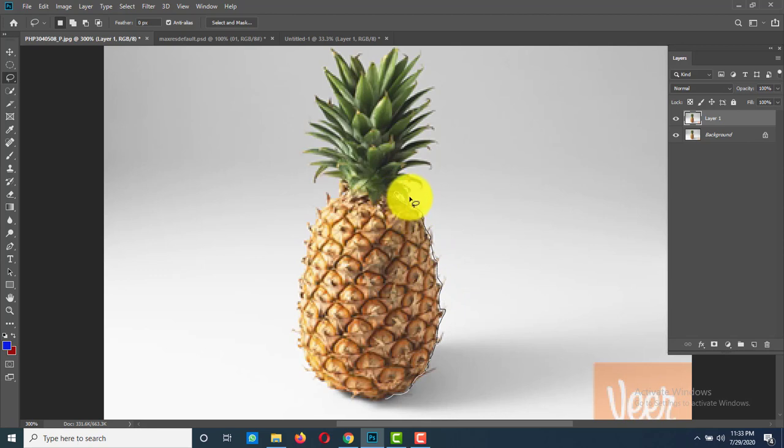If you have made any mistake during selection, you can go back with backspace on your keyboard.